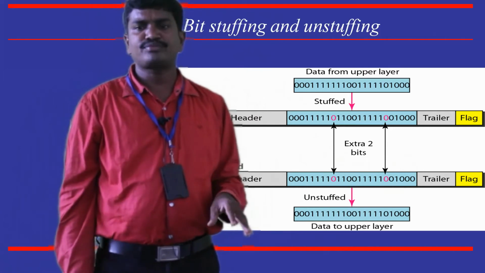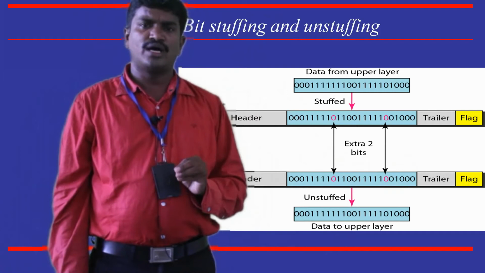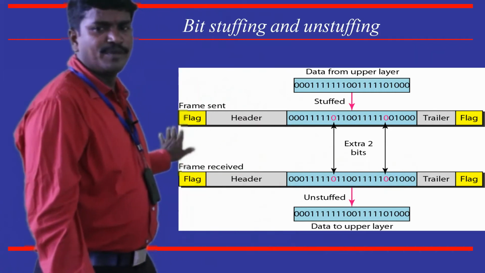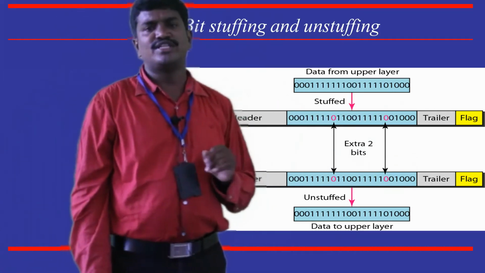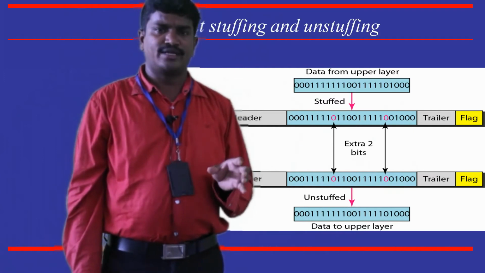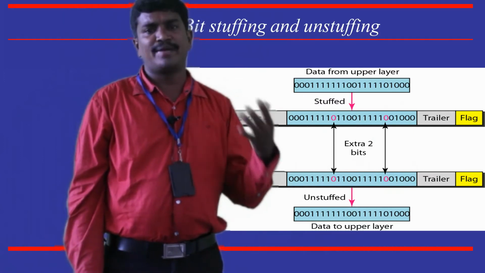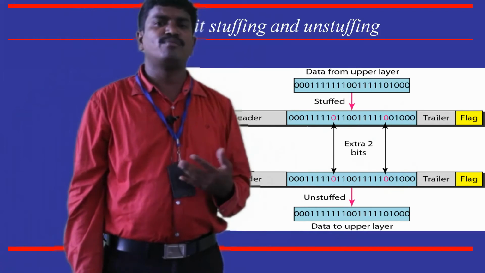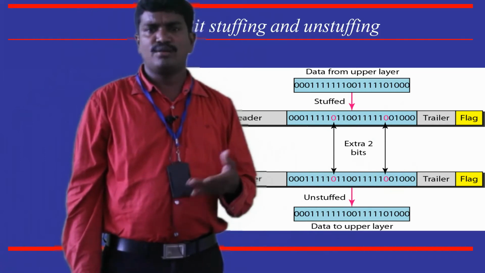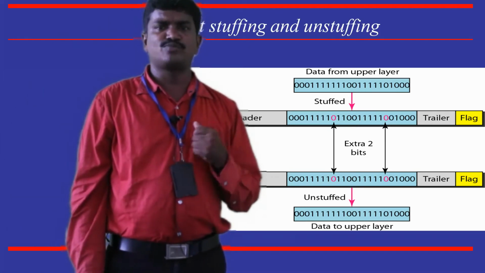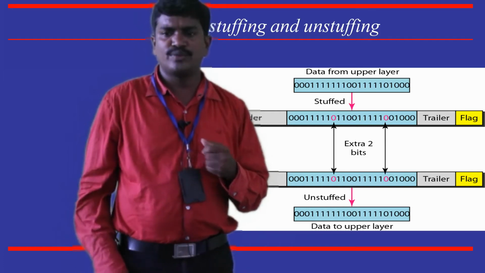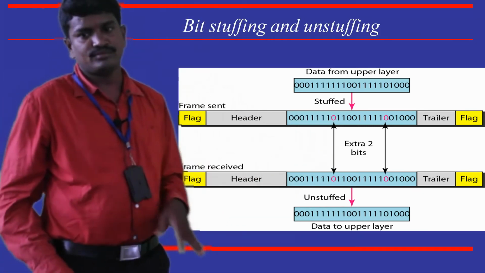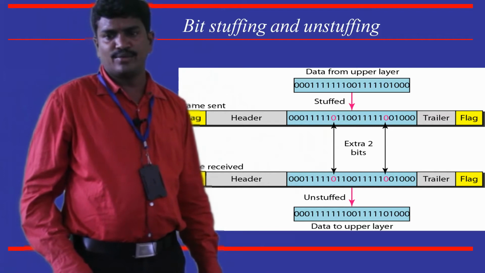So this way, we are able to recognize where the frame is beginning and where the frame is ending with the help of a special pattern. If the special pattern appears as part of the data, then we make use of bit stuffing or byte stuffing to avoid this problem. Okay, so this way these two will work. And in the next slide we will talk about